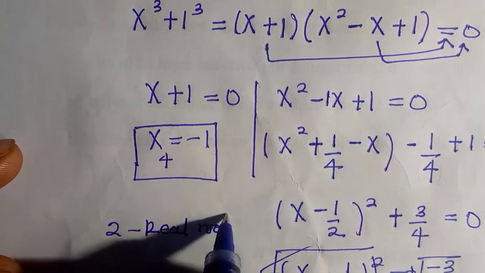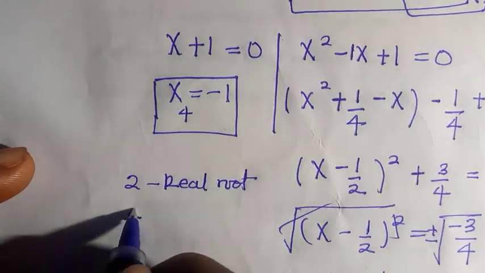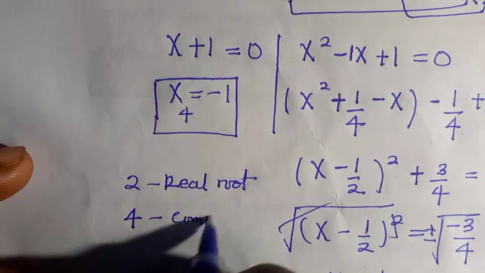So hereby we have 2 real roots and we have 4 complex roots, but all these 4 complex roots do not